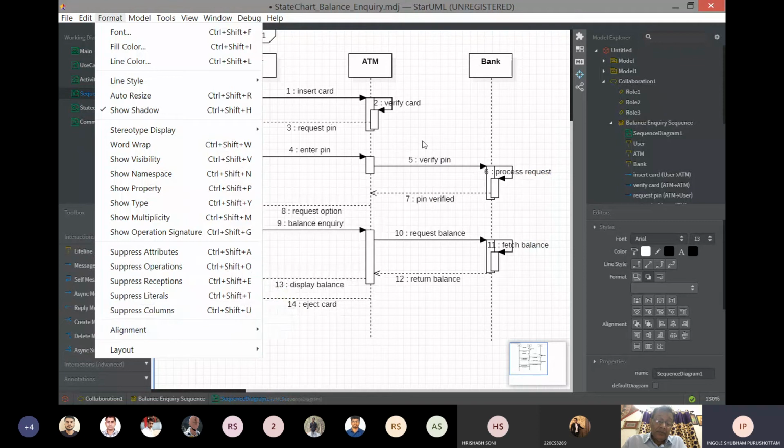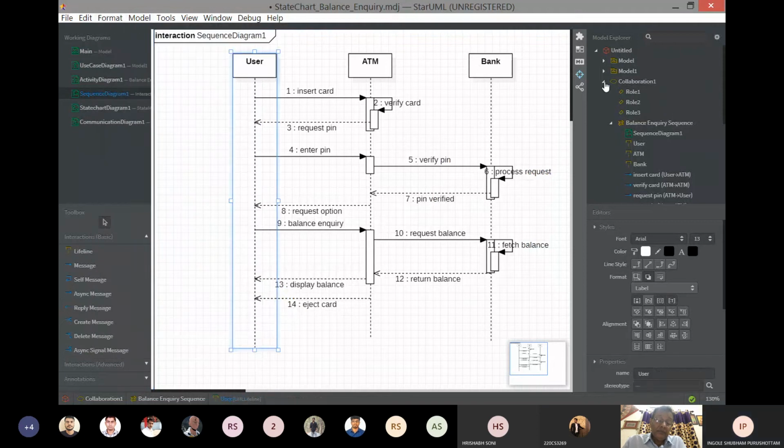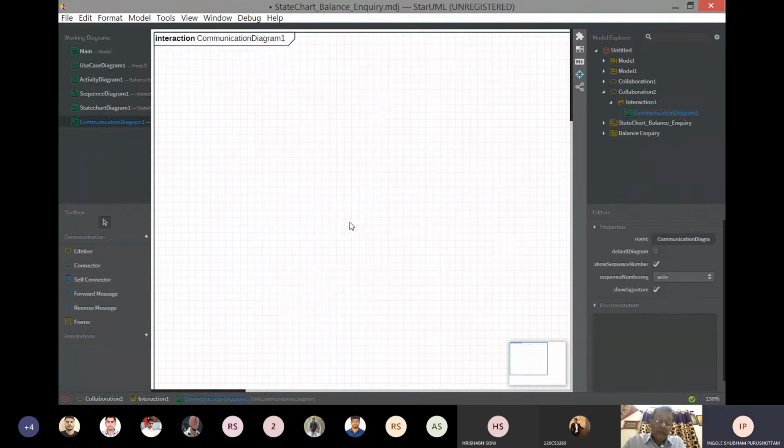I don't think there's an option for that. So we will go for communication diagram. So it's similar to our sequence diagram only. So you can follow the same messages whatever you use in the sequence diagram.